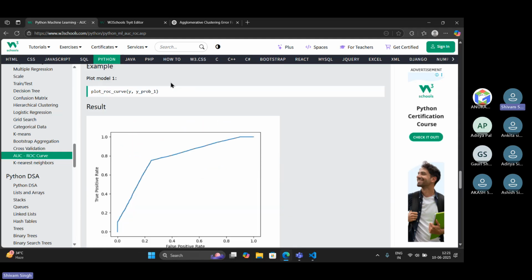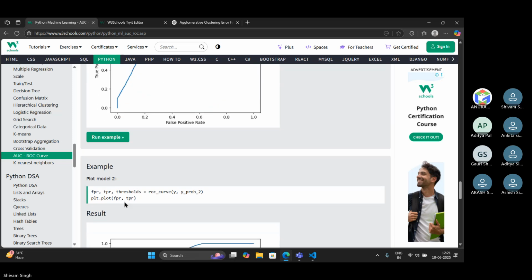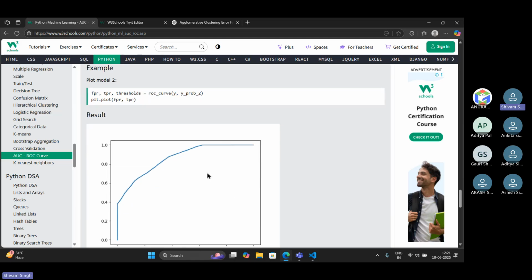So here is a plot of model 1. So its curve will be like this. And for the plot of model 2, the curve will be like this. Let me show you.